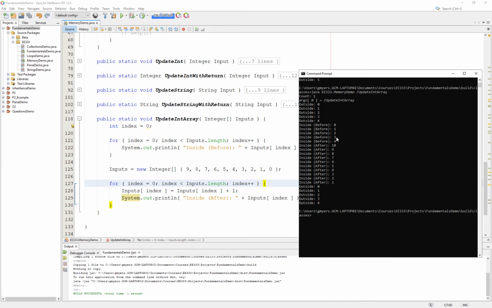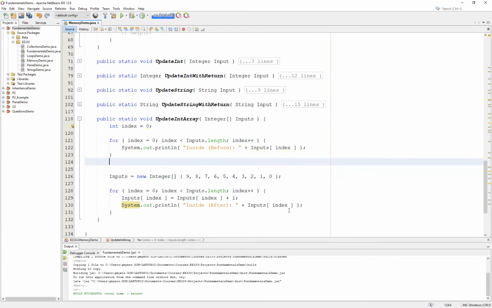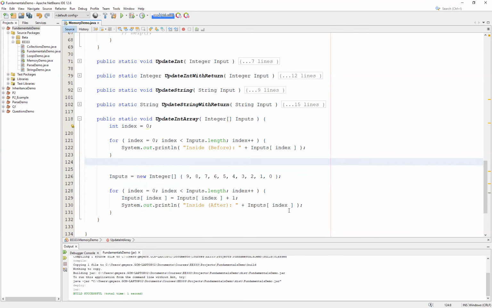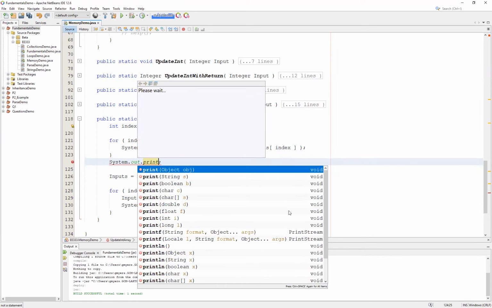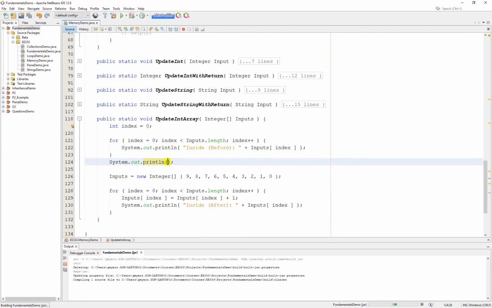So there's our 0, 2, 3, 4, 0, 1, 2, 3, 4. As a matter of fact, why don't I take just a second here to go ahead and put a little extra noise in here. I'm going to throw in one more system.out print line. And what we want to do here is we'll see that effectively what's happening is I am working